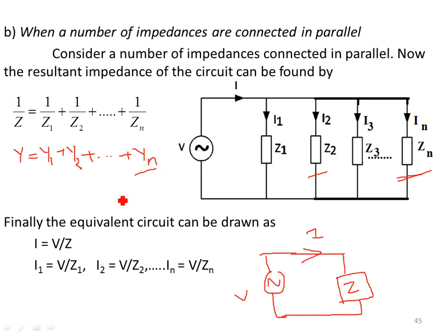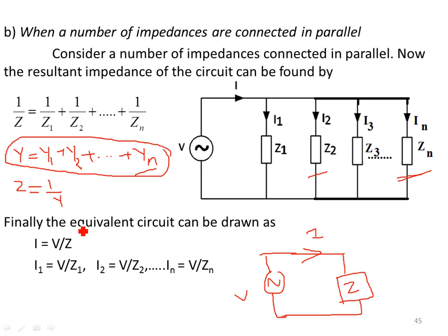Normally, to find the effective impedance, we will be following this method: Y is equal to Y1 plus Y2 plus etc. plus Yn, and finding Z is equal to 1 by Y. This method is rather easier than other methods because here we are finding the admittance of each branch, summing it up and taking its inverse, which gives the effective impedance of the whole circuit. That is comparatively an easier way.